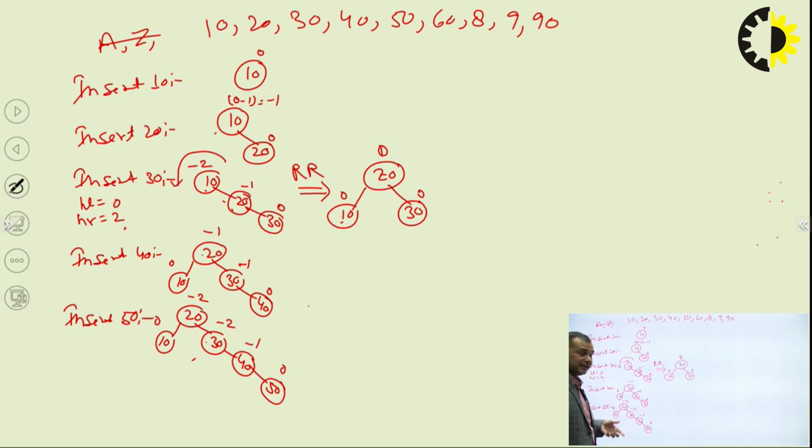So now firstly we have to apply some type of rotation here. Firstly we change the balance factor of the child node, then we deal with the parent node. Means if the balance factor of two nodes has changed, before changing the root node, we first handle the child node, that is 30, where the element 50 was inserted.